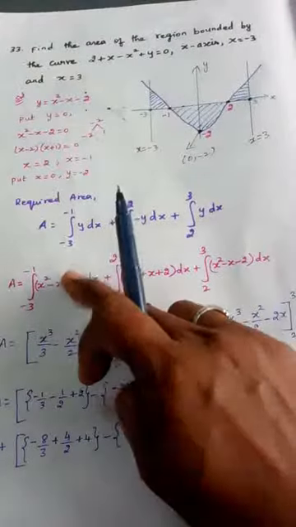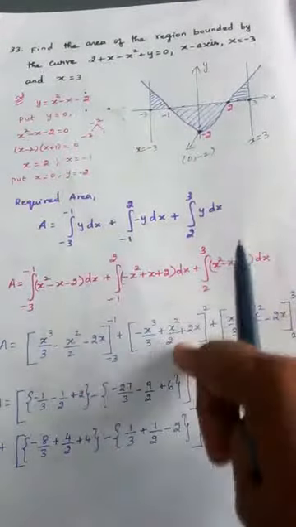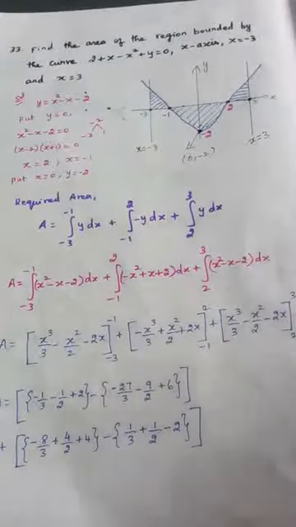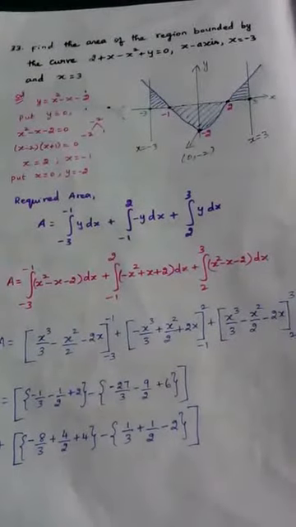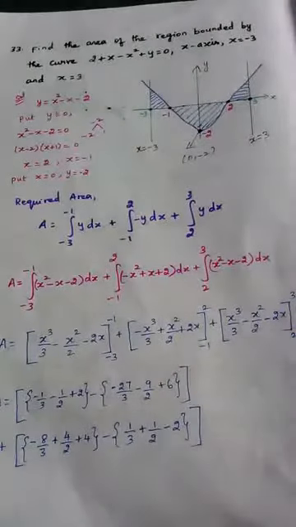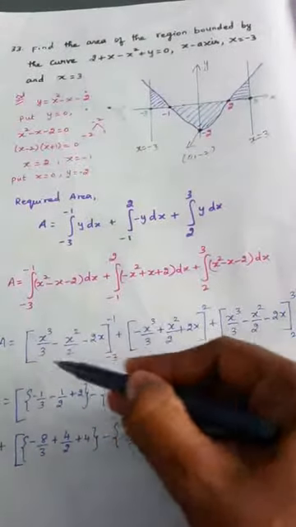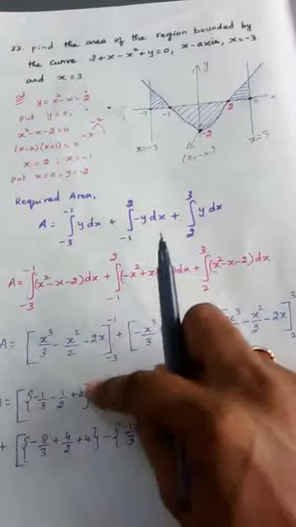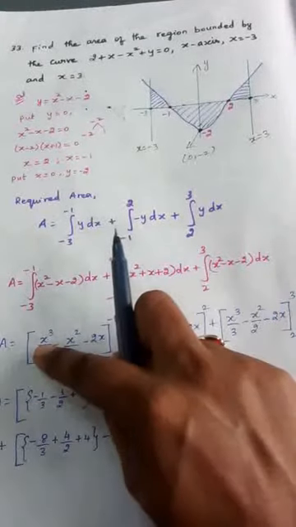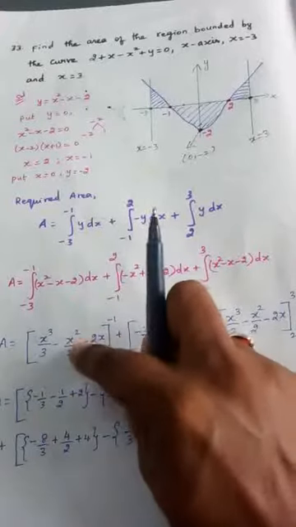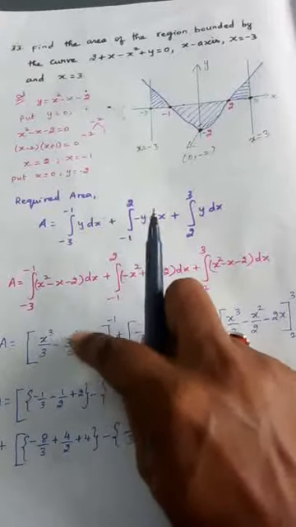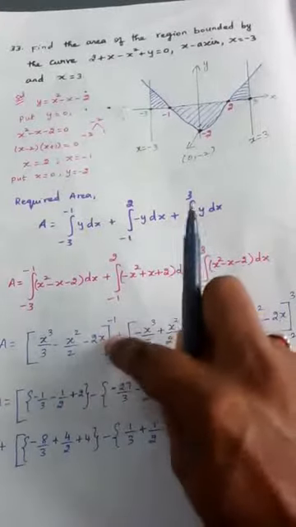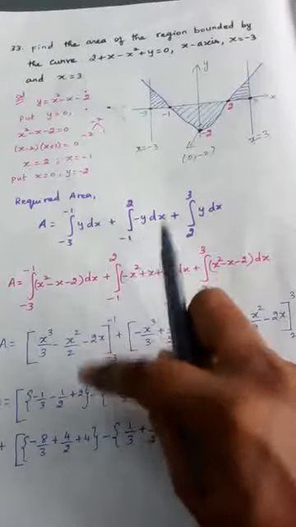Right? So, how we integrated here, same thing we are integrating and writing the respective limits. And the last limit is 2 to 3. Now, first we will take this upper limit minus lower limit. So, put a bracket. First substitute minus 1. So minus 1 by 3, if you put minus 1 here, it becomes 1. So minus 1 by 2, minus 1, if you put minus into minus, plus, so plus 2.